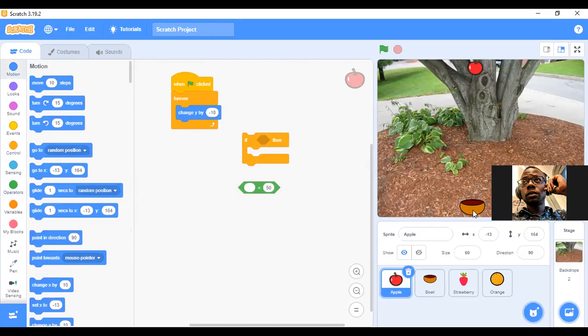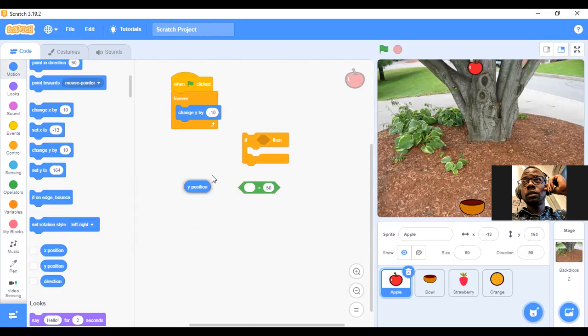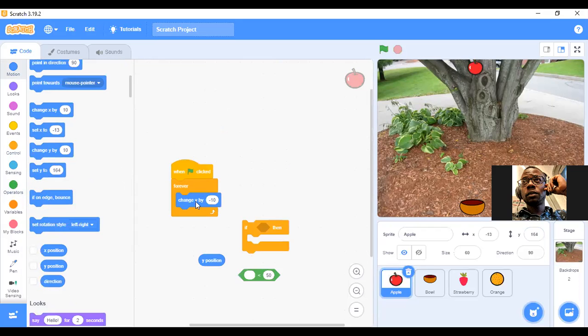Anything that has to do with up and down, can you see it is Y? But if you are moving towards the left and towards the right, that is X. If you are moving up and down, it is the Y. That is why I'm going to bring this Y position. Now I'm showing you a new code, Y position.